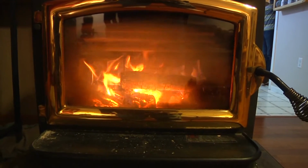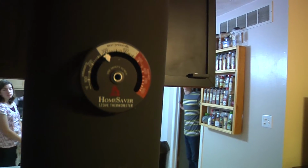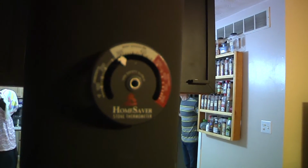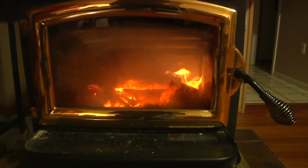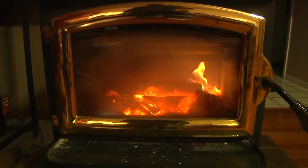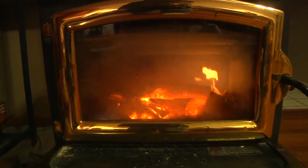As you can see, it's going very well. And the interesting thing is it's actually increased in temperature about 25 degrees. You know, yeah, so there we go. All right, so now we're an hour in. And look at the burn. The burn's good. I would have to say, if I'm guessing, looks about the same amount of